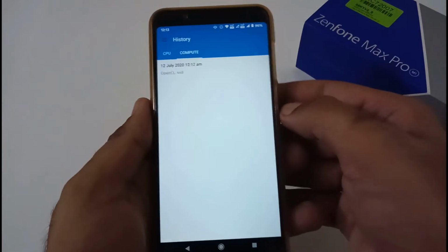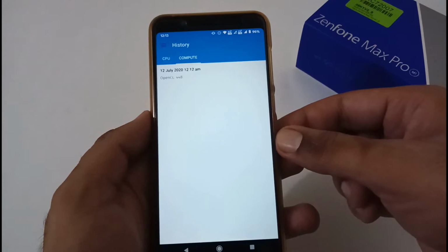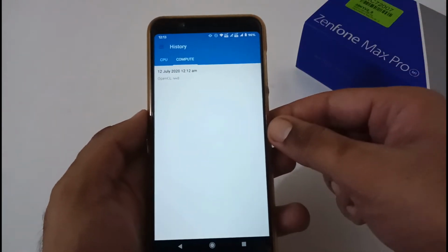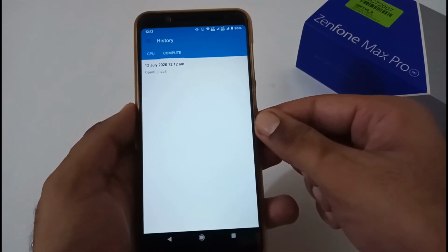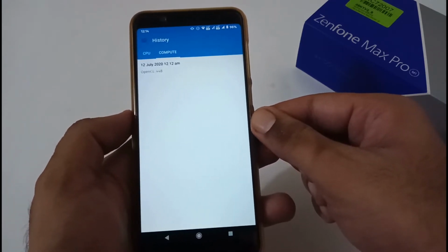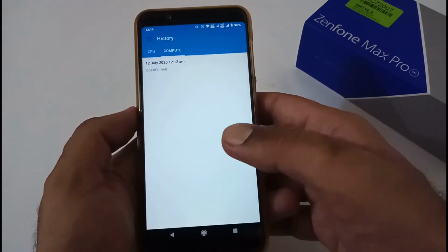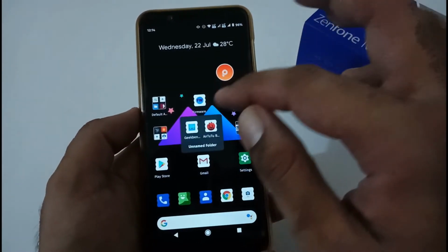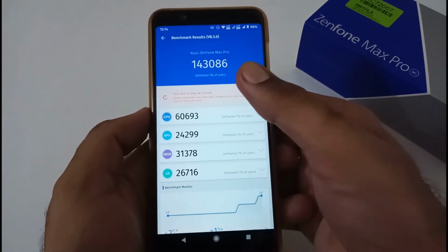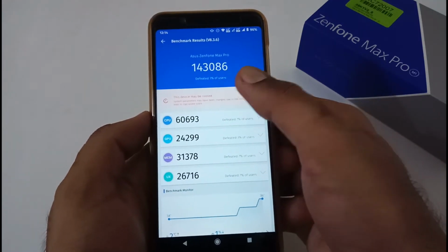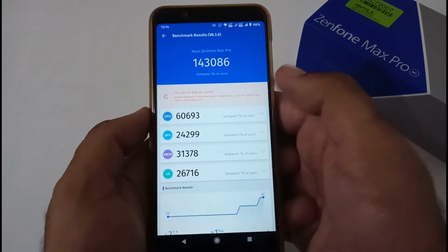It is really disappointing that for the last few weeks, with all the major custom ROMs, I'm unable to run the Vulkan API related scores and so on. I'll find out why it is not able to run for any of the custom ROMs, and it was not running for the stock ROM as well with version 429 too. But I will try my level best to see what else I can do. Apart from this, the scores from the AnTuTu benchmark: the overall score is 143086, and here are the consolidated ones on the basis of CPU, GPU, memory management, UX, and so on.